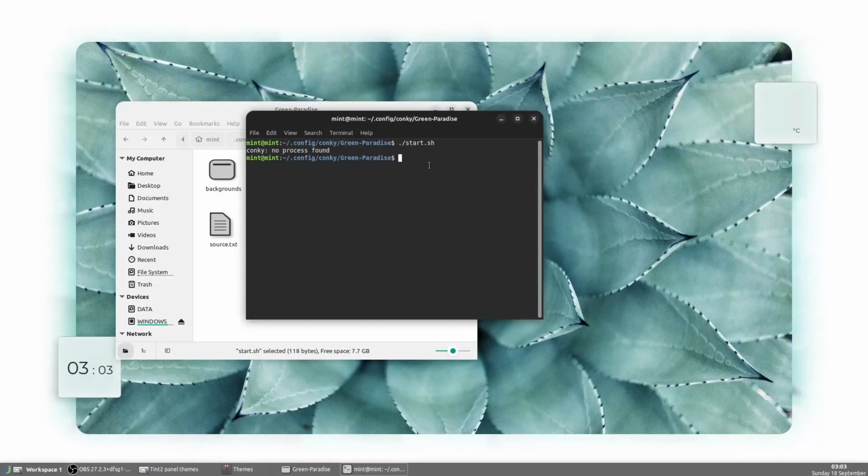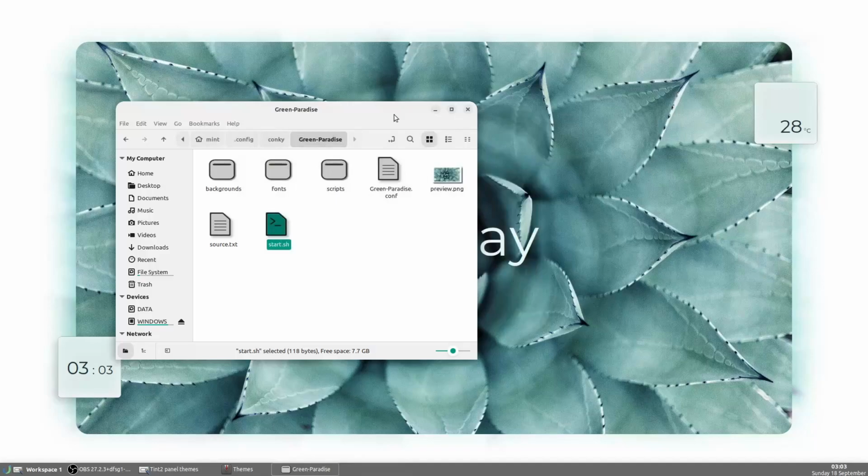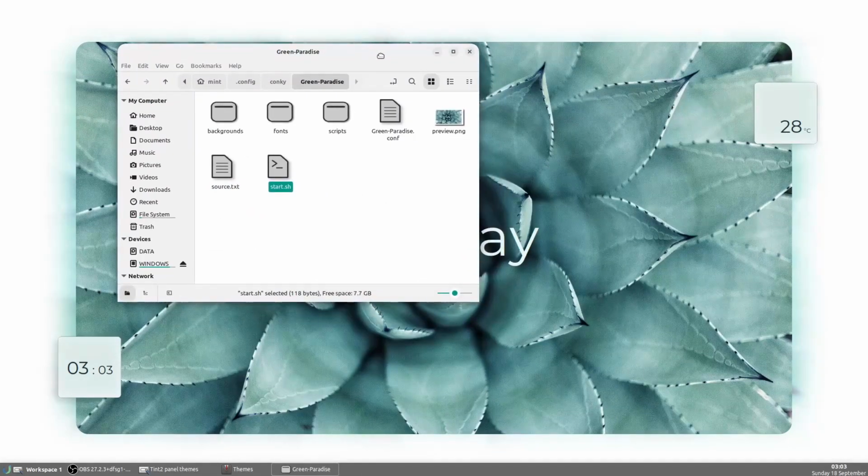Now if you don't find the temperature here, no problem, just restart the Conky and it should be there. That's it, no problem. Now you can close the terminal. The Conkys are working properly, and for the next step we are going to now start editing the Tint2